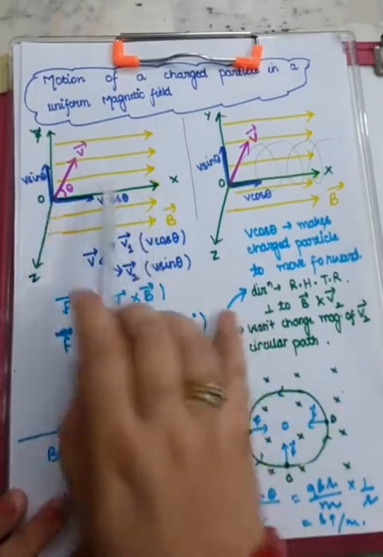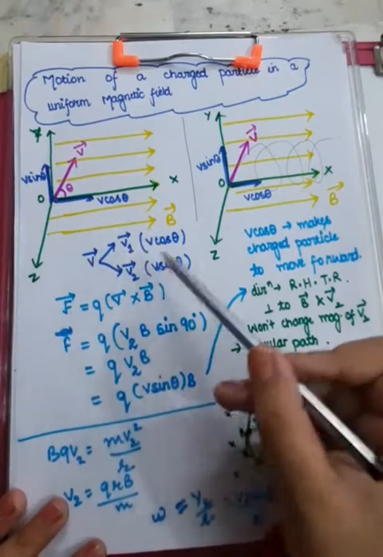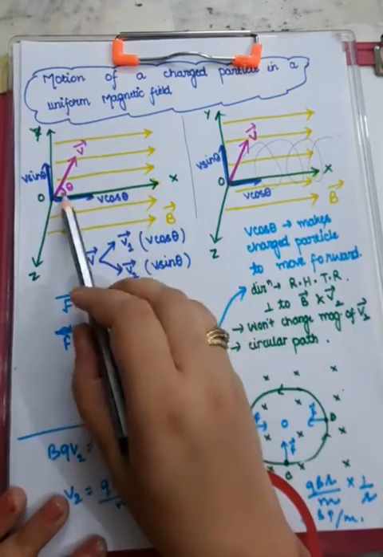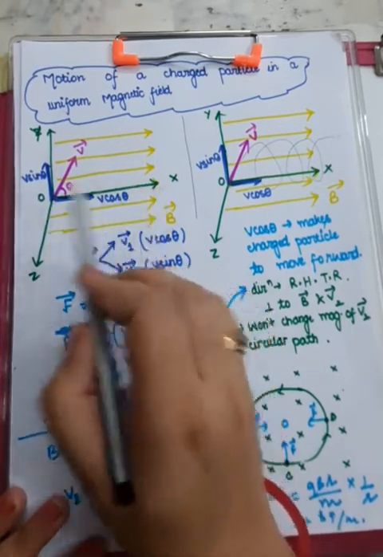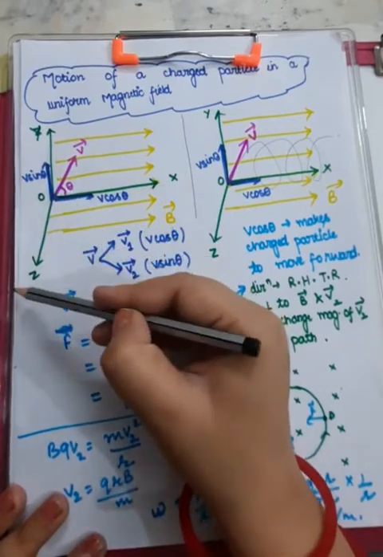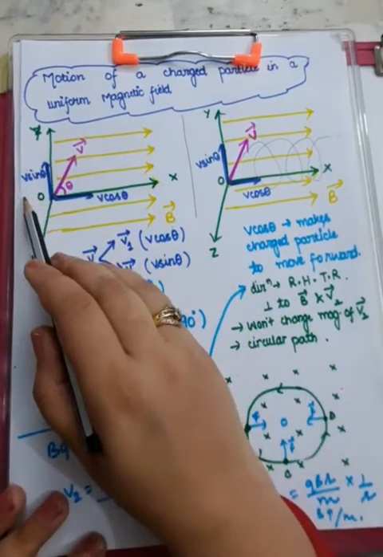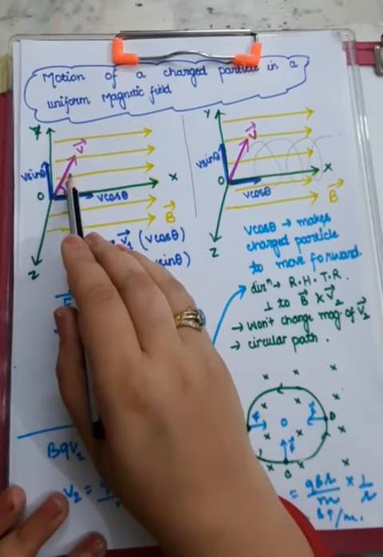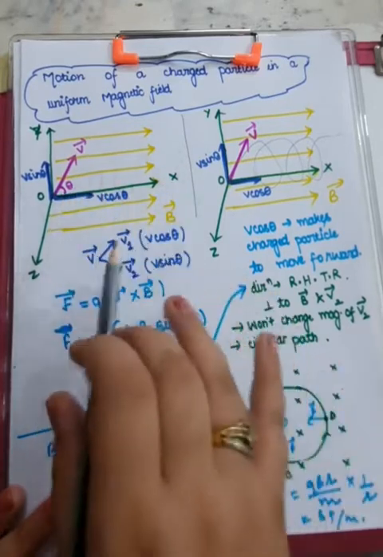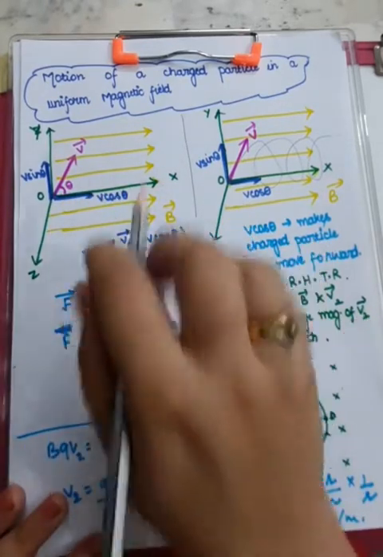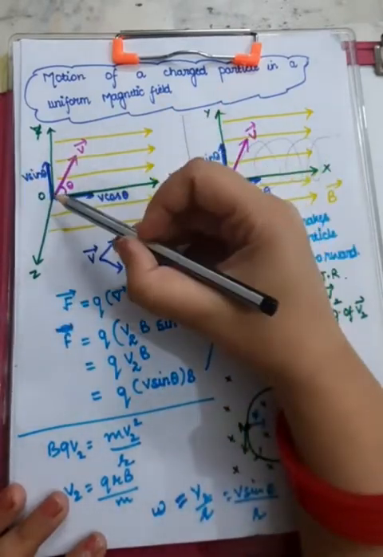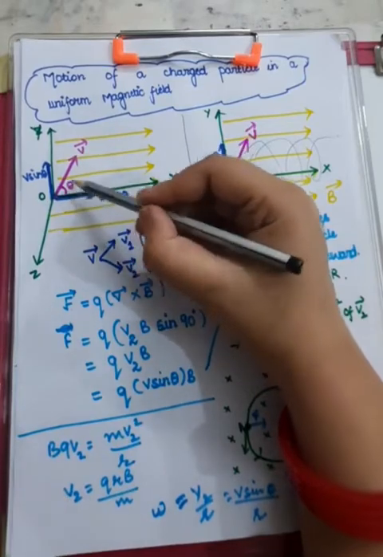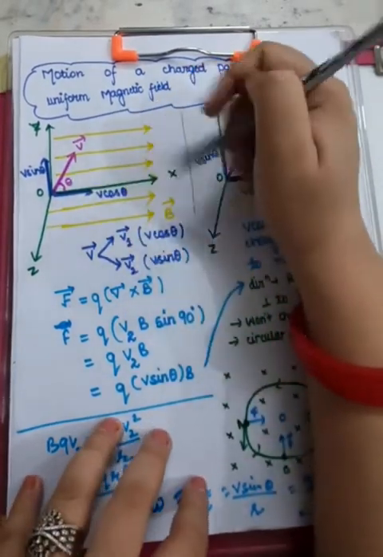Suppose this yellow region that I have depicted is a region of magnetic field, and this is the system of Cartesian coordinates, x-axis, y-axis and z-axis. All of a sudden a charged particle comes and enters the magnetic field making an angle theta with that magnetic field. So the charged particle's velocity is directed along here and it is making an angle theta with the direction of B vector.